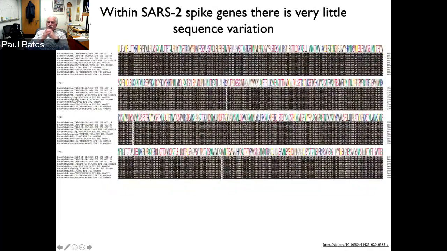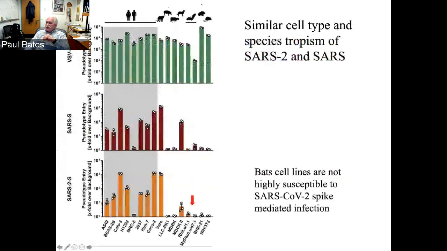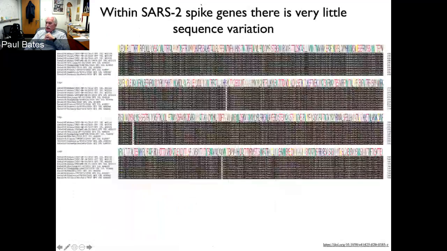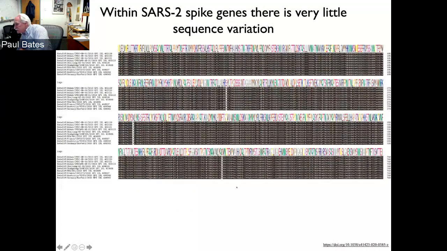And then the other question that comes up a lot is how much sequence variation is there in the SARS-2 spike domain. So now these are all just different SARS-2s from around the world: China, Europe, the United States. And what you can see, again, don't look for anything but black versus white, is that in this region of over 700 amino acids, 740 amino acids, there are 3 changes that have been noted, and most of those changes are in one virus or another and are probably sporadic in nature